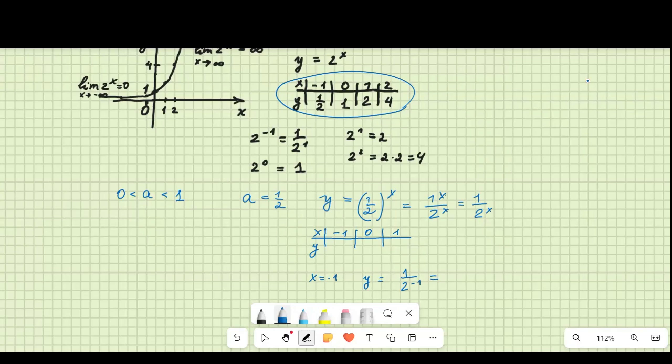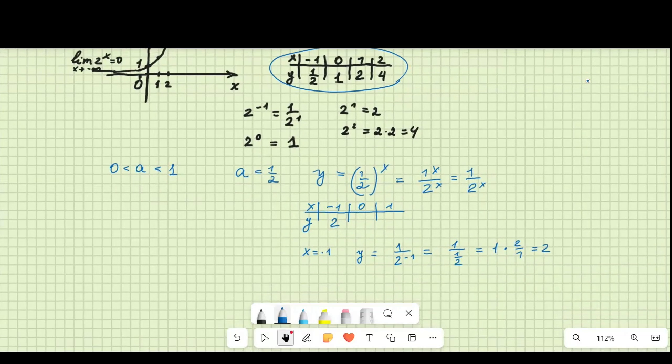So we remember that when we have the power equals -1, it means that it's a denominator. So basically we're supposed to have 1 divided by 1/2. Division by a fraction is actually multiplication by the inverse fraction. And the inverse of 1 over 2 is 2 over 1, right? And we are just going to get 2 over here, which I'm going to put over here.